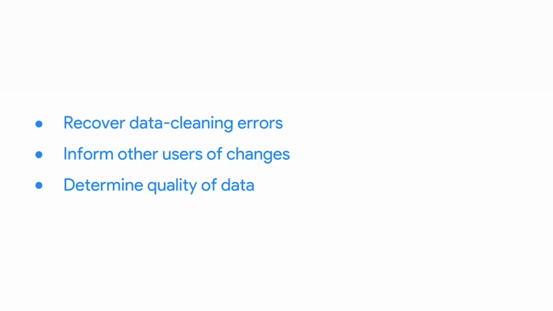Third, documentation helps you determine the quality of the data to be used in analysis. The first two benefits assume the errors aren't fixable. But if they are, a record gives the data engineer more information to refer to. It's also a great warning for ourselves that the dataset is full of errors and should be avoided in the future. If the errors were time-consuming to fix, it might be better to check out alternative datasets that we can use instead.